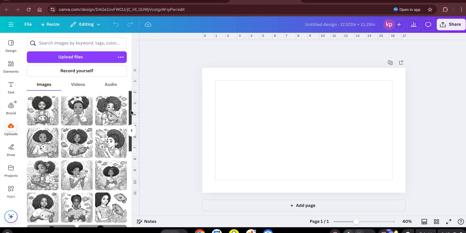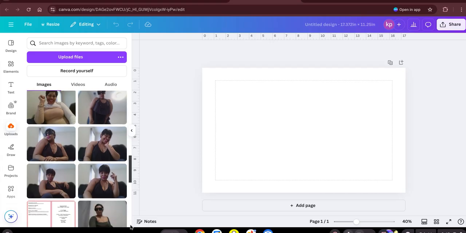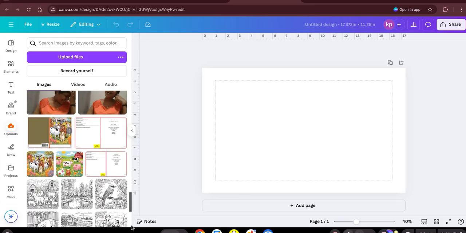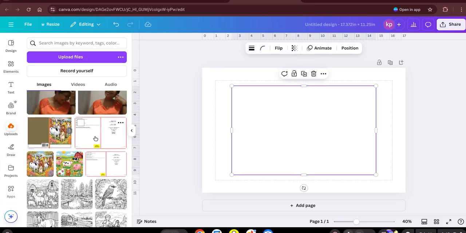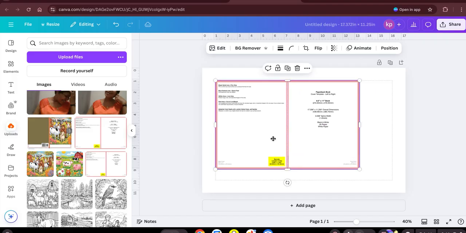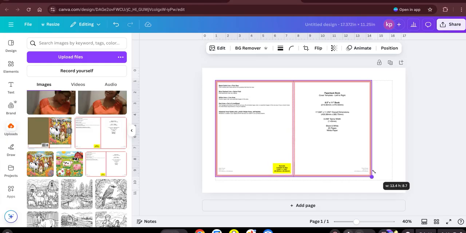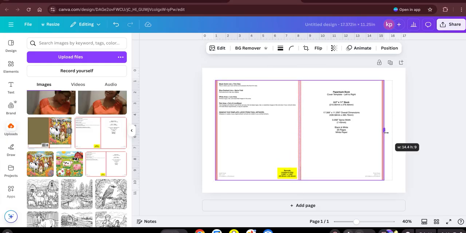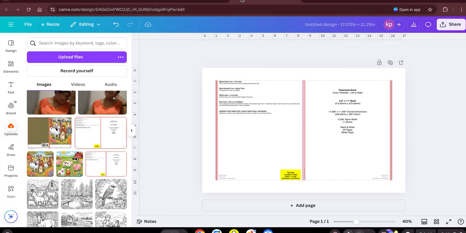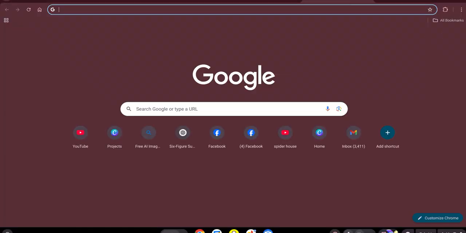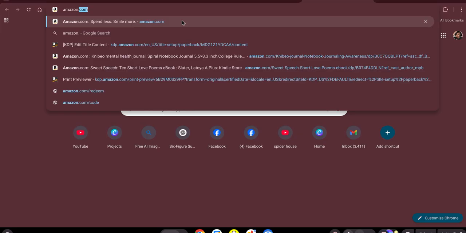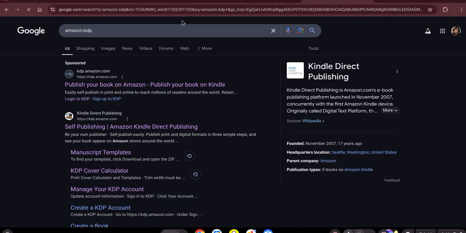Let me find my bar. Here it is. Helps us outline exactly where we. That's not it. They go for a book, storybook. Looking for a coloring book. Here we go. So let's see. Now we're gonna take our template. I'm gonna show you how to get it. Calm down. I'm gonna go get it now, and we're gonna stretch this out to fit the margin. Okay. Now what you would do, you would go to Amazon KDP if you want to get this template, and you don't have to. Okay. I hate to be taking you all over the map, but let's just get this so you will know